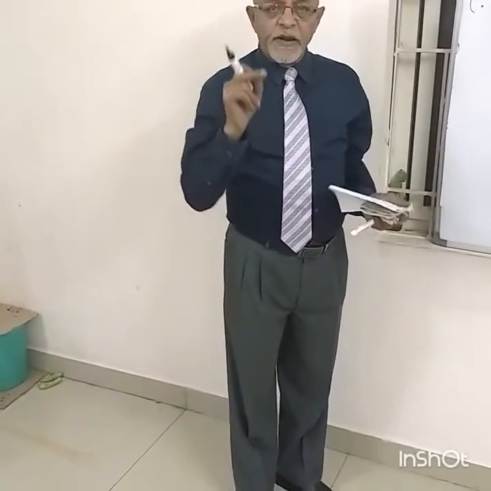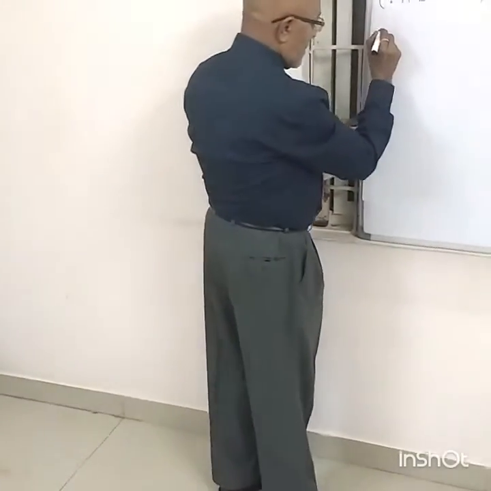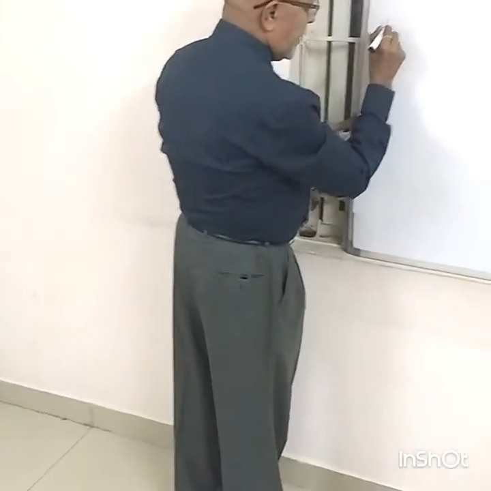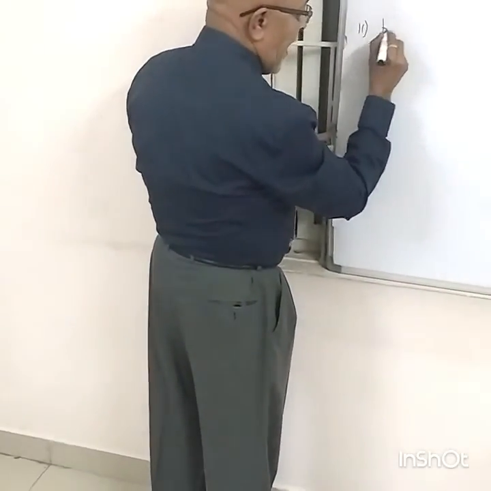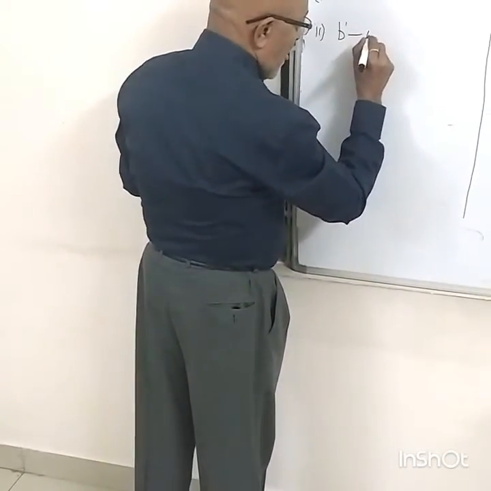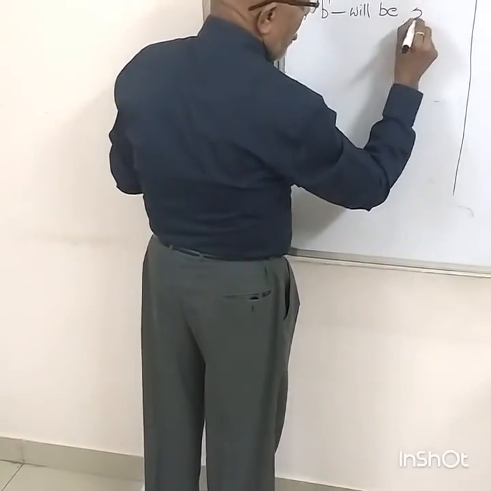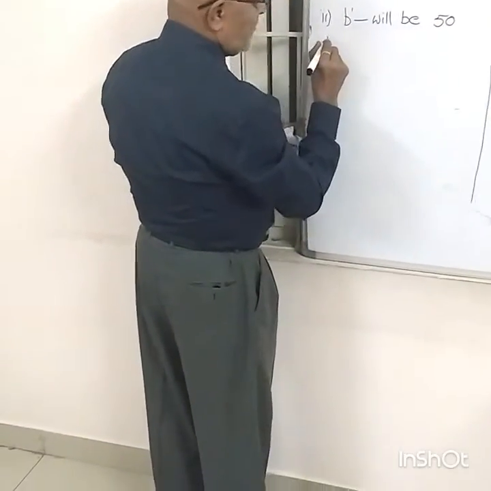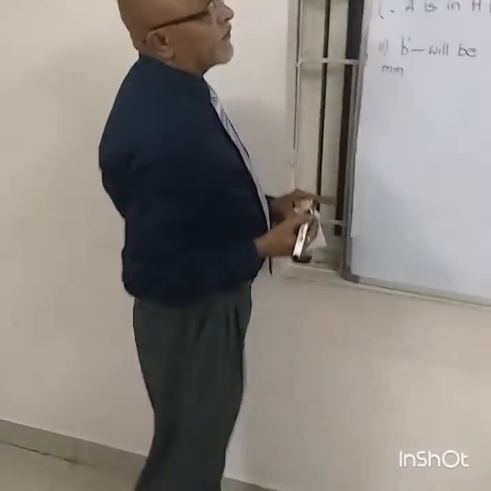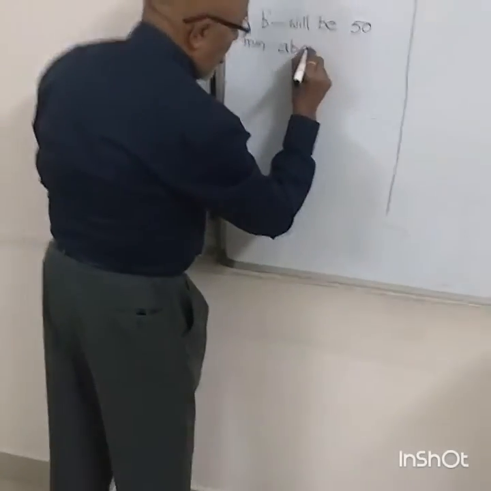Now let us look at the conditions of the two ends of this straight line with respect to the vertical plane. Now, end A is 25 mm from vertical plane. And again, the fundamental rule says that any distance of the object from the vertical plane must be represented in the top view. So, the top view of point A will be 25 mm above XY.